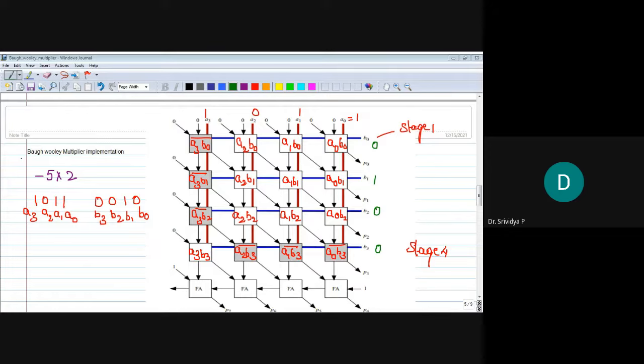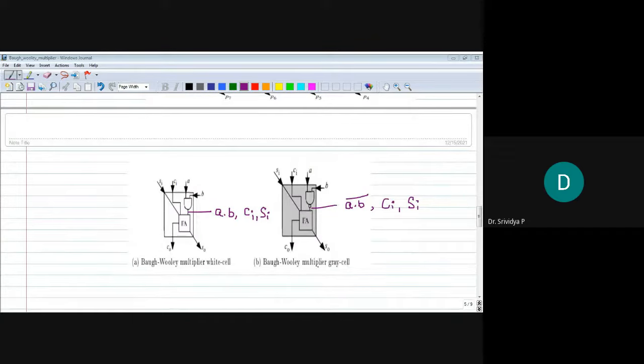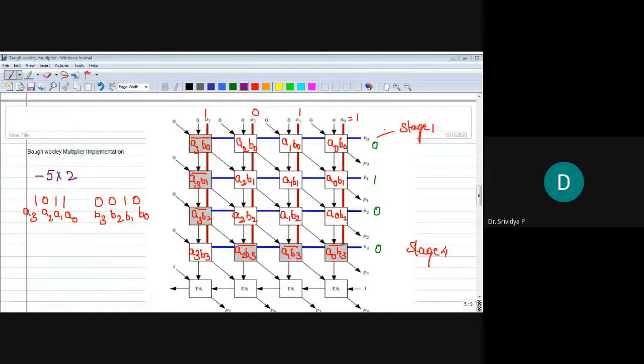What do we get? This is my sum. Let me write each and every byproduct so that it will be convenient for me. As you can see, we will have to evaluate what is sum and carry from each stage of white cell and gray cell. That's what I do now. What is the sum from this stage when I multiply 1 and a 0? A0 is 1, B0 is 0. What do I get? 1 into 0 is a 0.